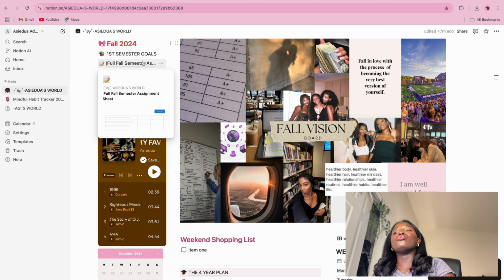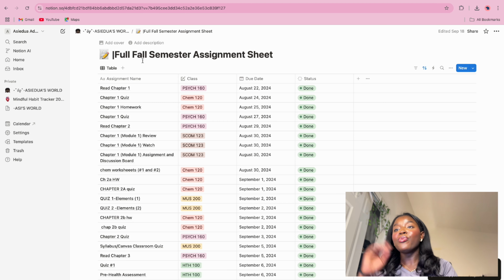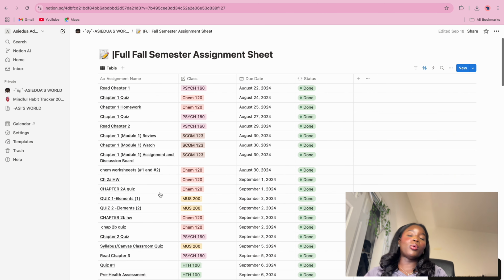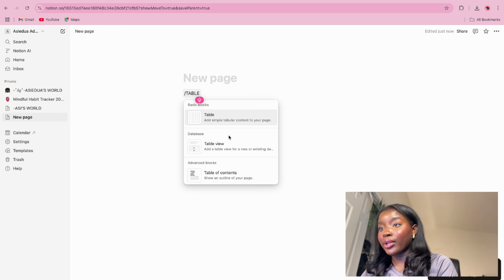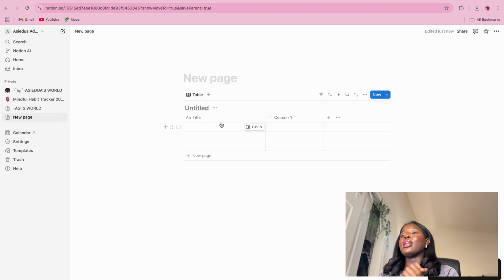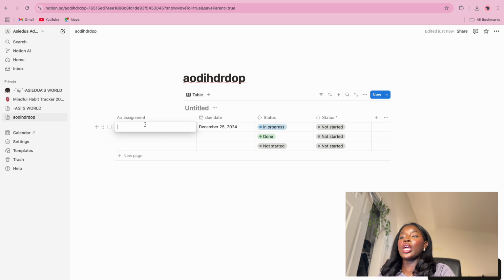I'm not going to redo this because I didn't really use it. However, this is really helpful for anybody who is looking to do one. I will show you how to do one. This is very helpful. However, I just didn't use it, so I don't see the point in redoing it again. But as I said, I will show you guys for the showing sake. So you create a table, all right? Database. There we go. Turn into a database, and you have your assignments,